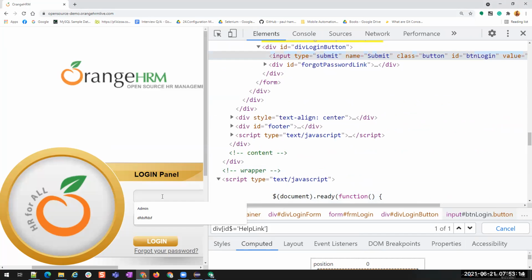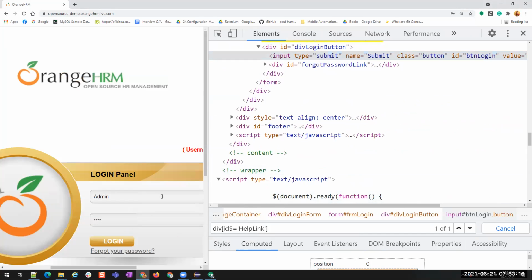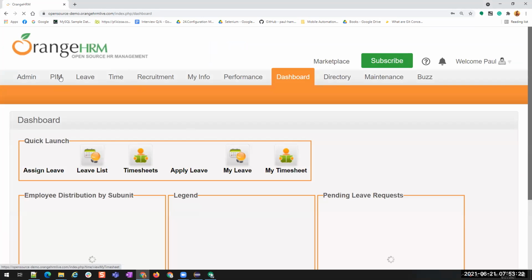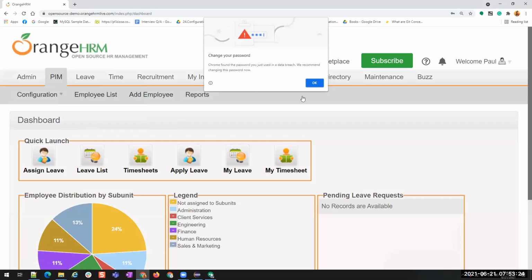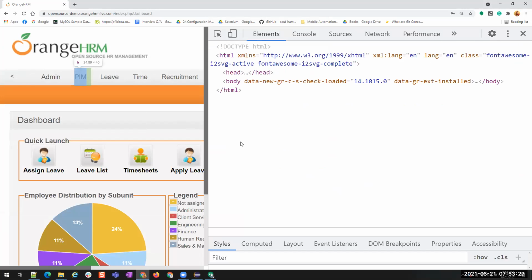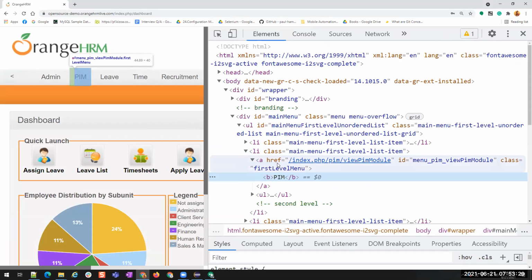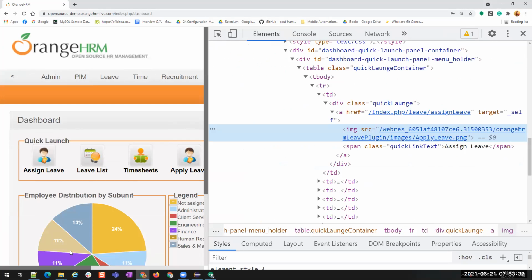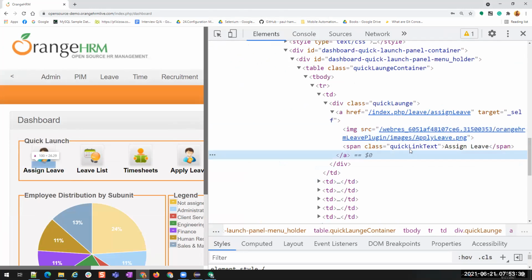Let me log in and see if I can find some elements having multiple styles. Inspect. Now this is also having one. See this. It's only one.